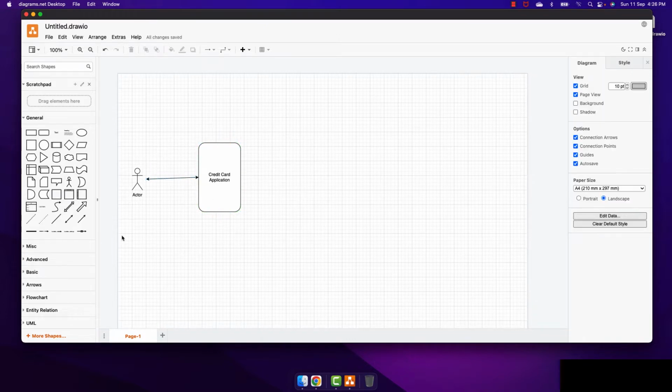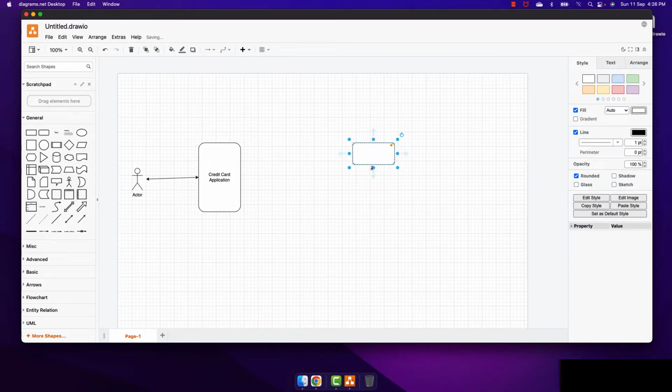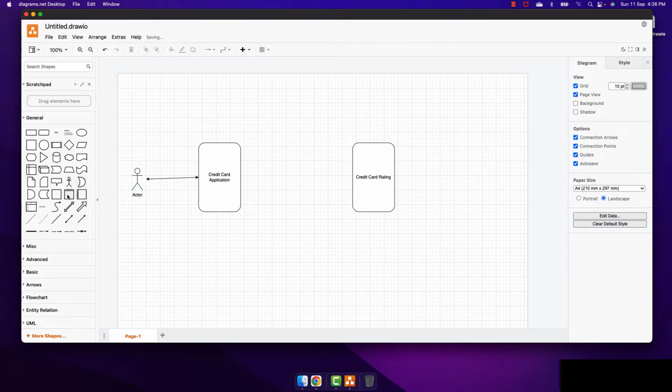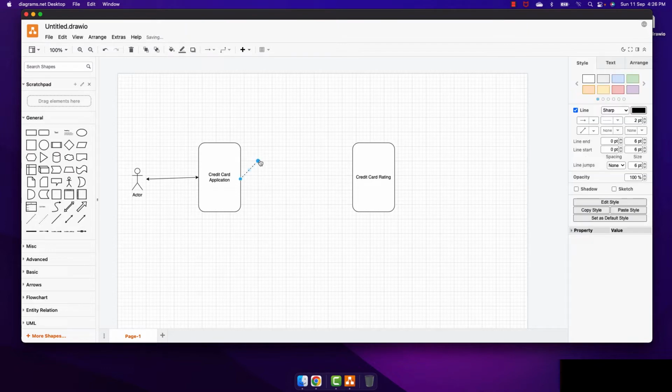Now this microservice, before approving this application, will call another microservice called credit card rating, and during this call it will make a